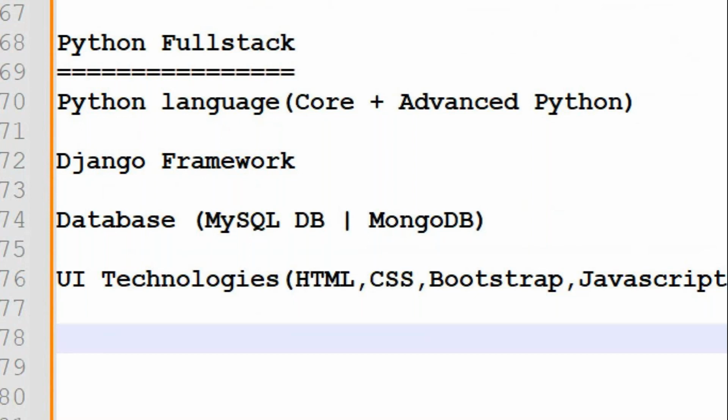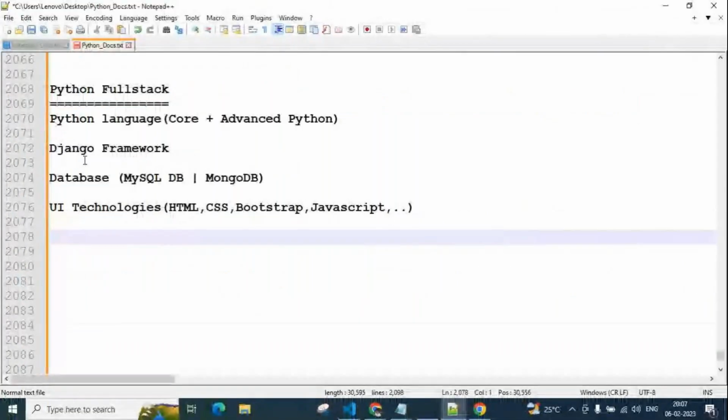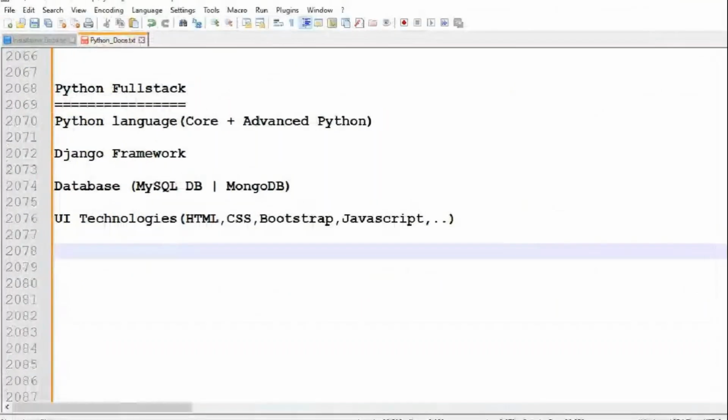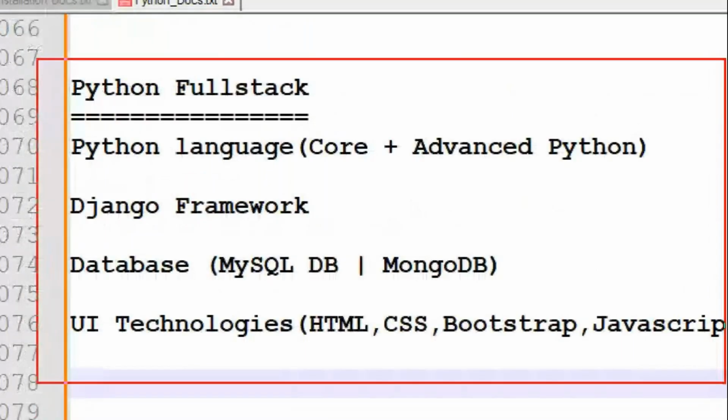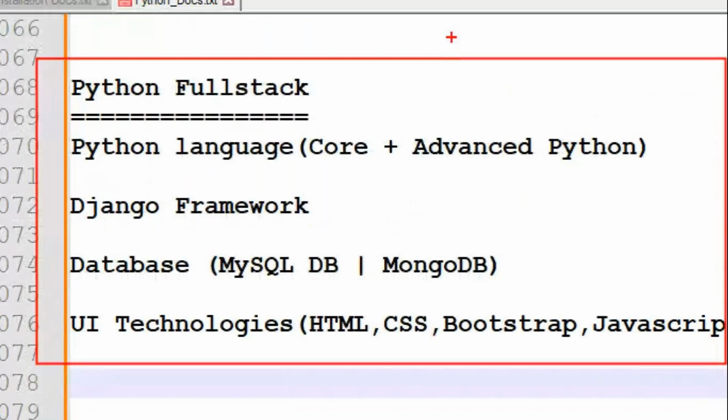I used all these things, and I teach them also. For the last 5 years I have been teaching all these Python full stack concepts. So I have 8 years of real-time experience as a web developer and 5 years of teaching experience, guys. Got it?